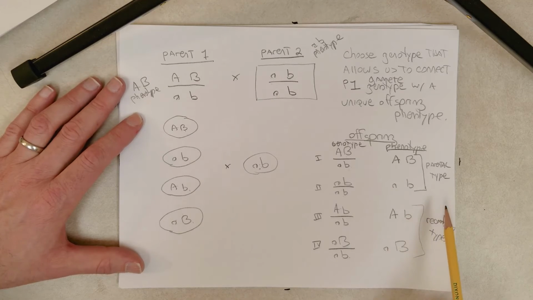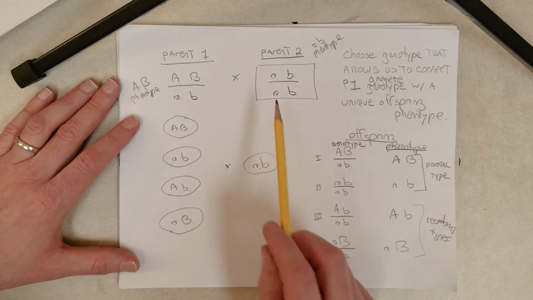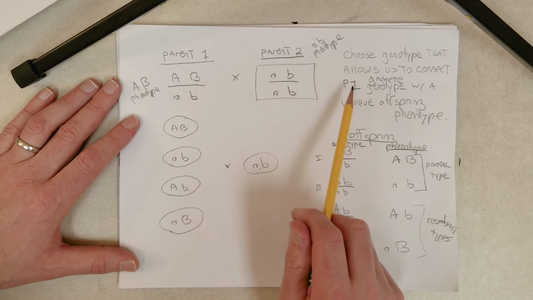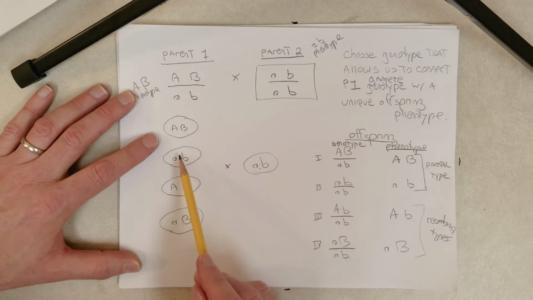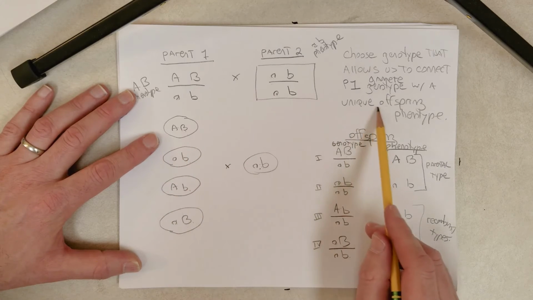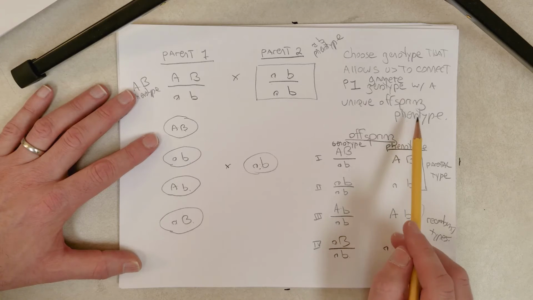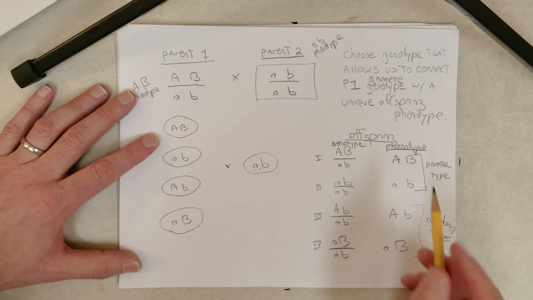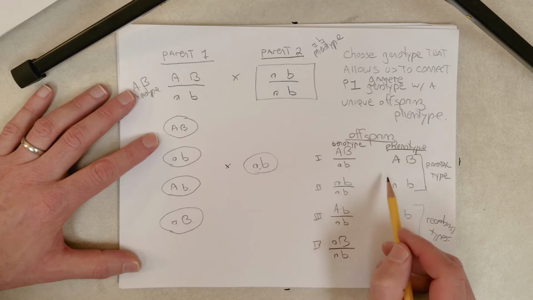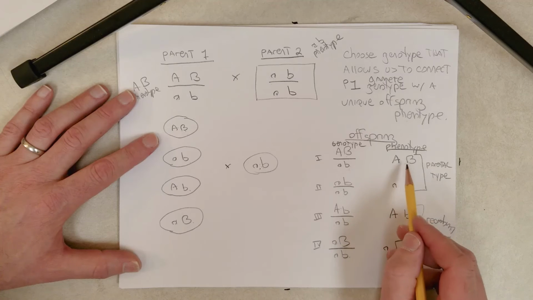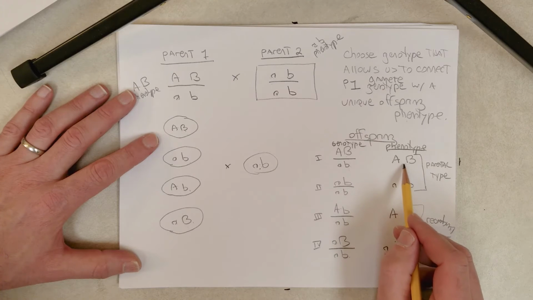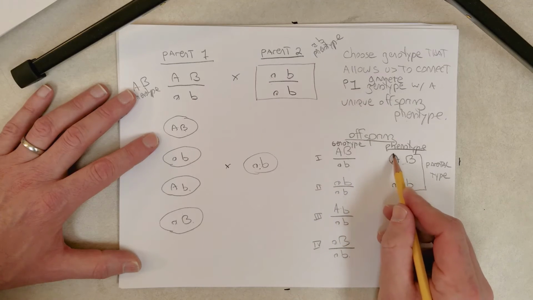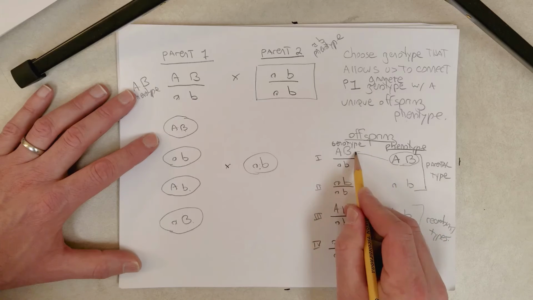So let's just make sure, as we said before, we need to choose a parent 2 genotype that allows us to connect each P1 gamete genotype, these guys right here, with a unique offspring phenotype. Essentially, we need to be able to look at the offspring phenotype and know what the genotype of the gamete from parent 1 was that led to this. So by looking at this, we should be able to infer the gamete genotype from parent number 1 that led to this offspring. So this is little a and big B,